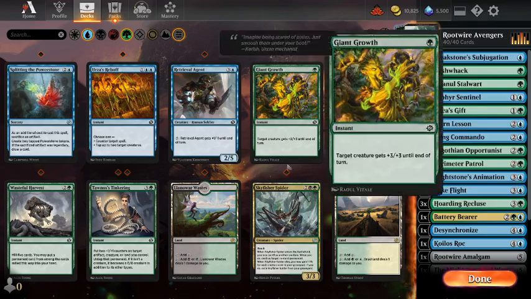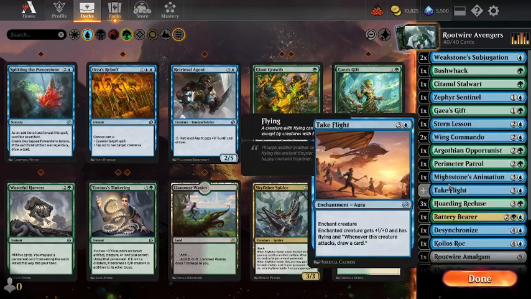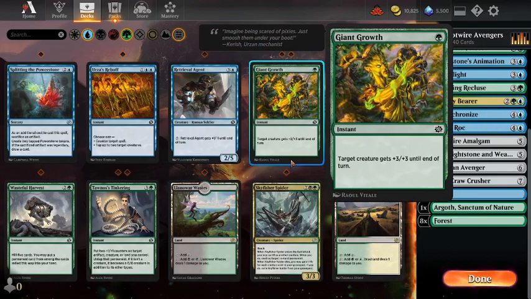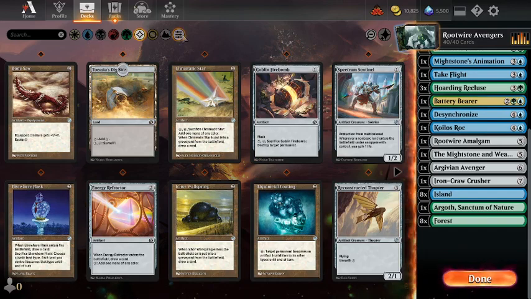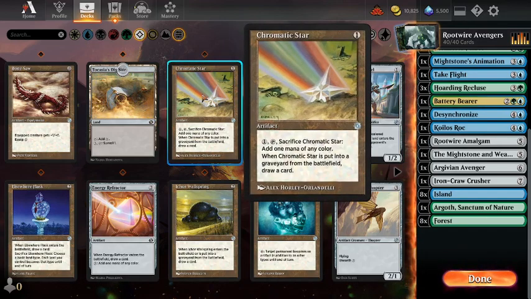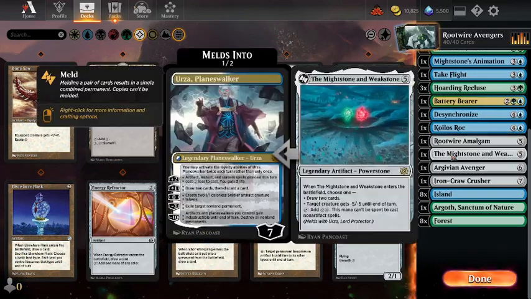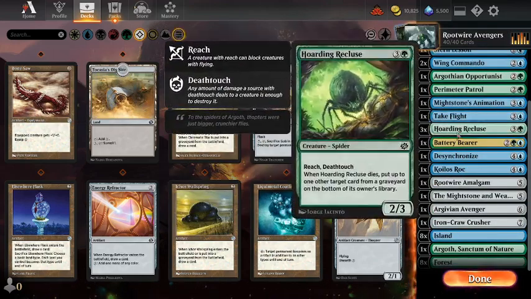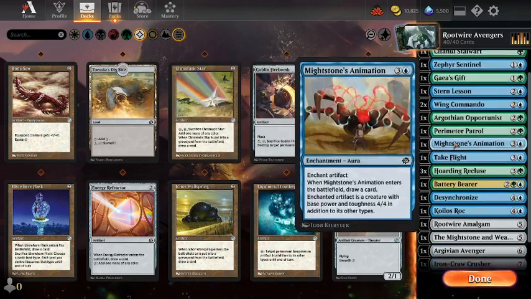I decided, on balance, I'm not going to try and splash for Skyfisher Spider. It is pretty good, but I've got the Llanowar Wastes. I'd have to run some mana fixing, so I'd have to run maybe Chromatic Star, Elsewhere Flask, Energy Refractor, and then thinking about what I have to drop for all of these fixing cards. It's just a pain, really. I think I'd rather just keep it simple, play blue-green, play all my creatures and my